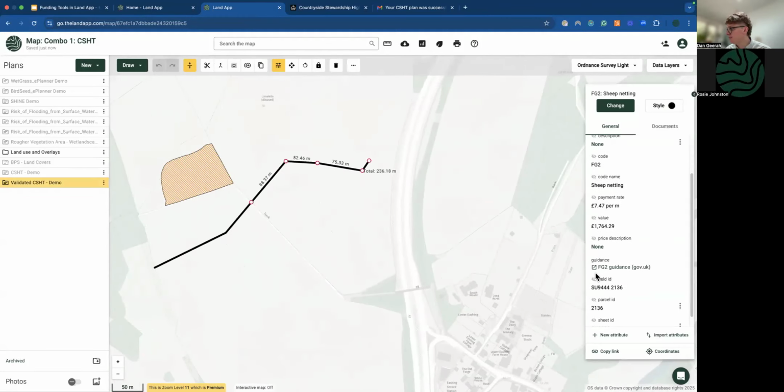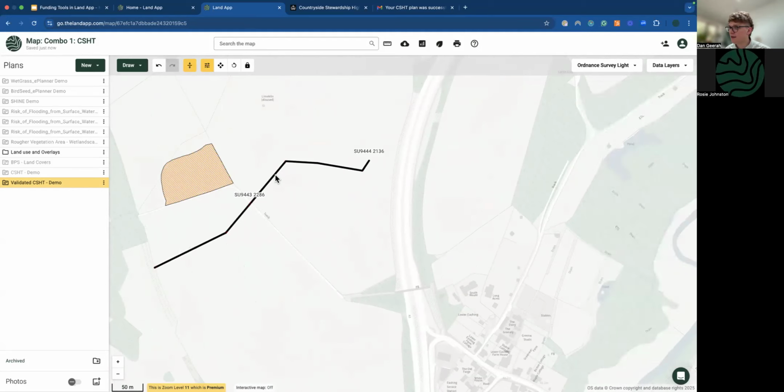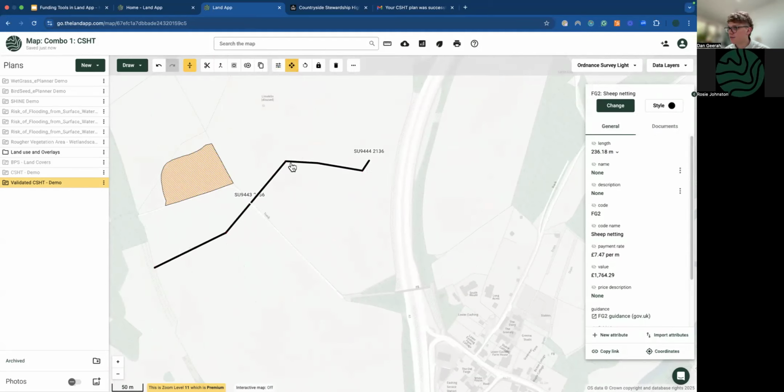Yeah, there we are. So you can see then that the field ID of that fence that I drew incorrectly to start with has now been allocated correctly. I've got this bit, which I'll shuffle over here, is being given the correct fence ID. So you could go and draw all the fences and put all your points in and then run the validator, and we then assign the correct field IDs to the features, which is a definite improvement to what we had before.